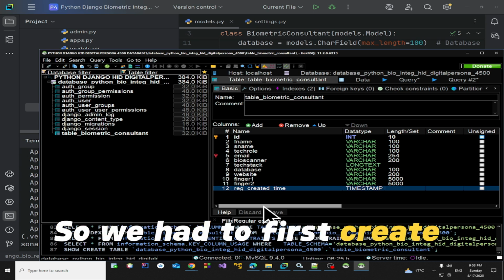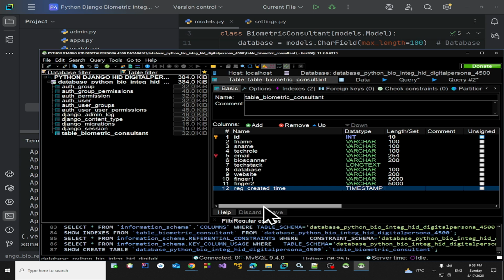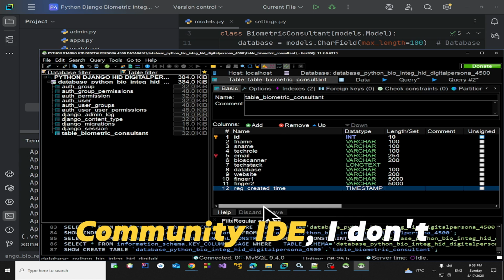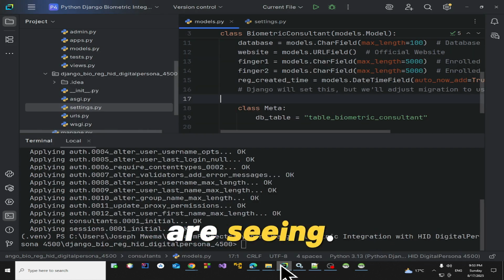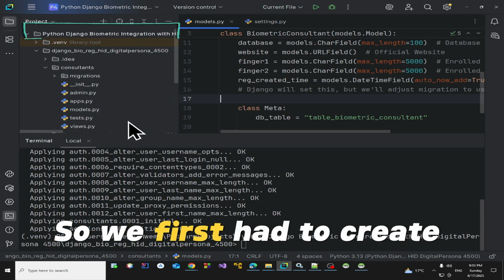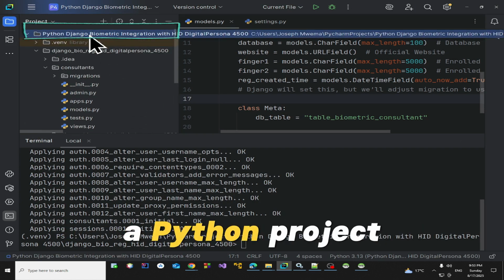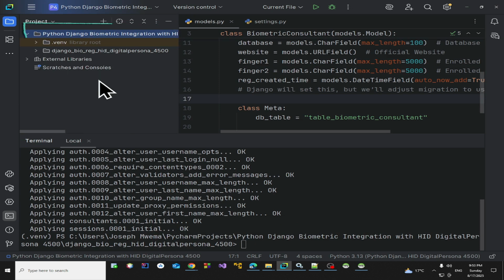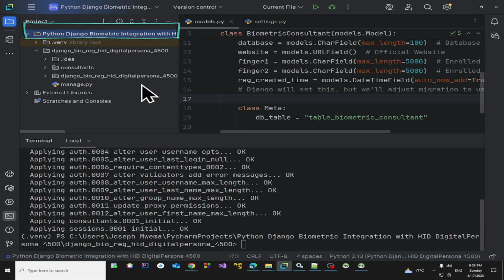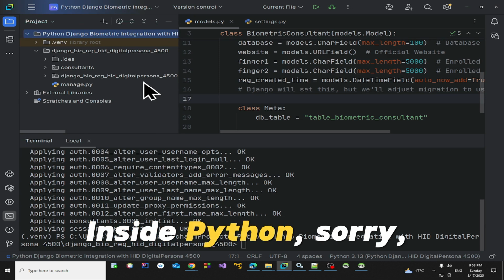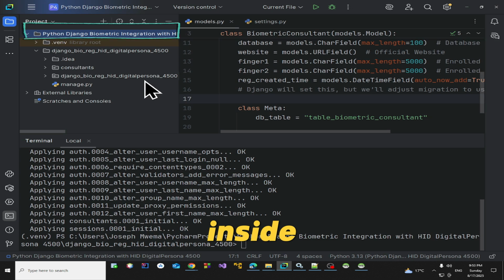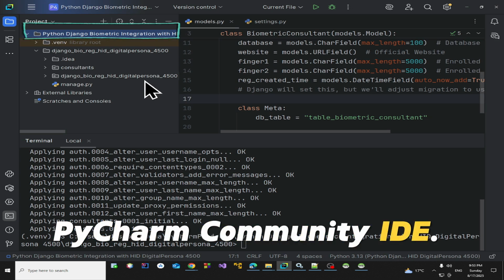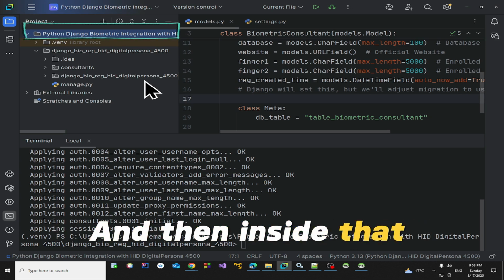So we first had to create a Python project inside PyCharm Community IDE, and then inside that Python project, that is this project here,